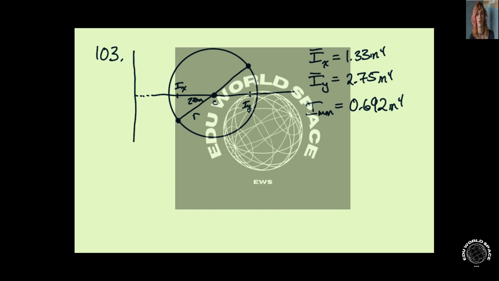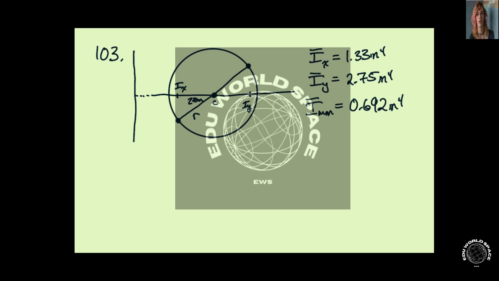the centroidal area moments. About the centroid, we have Ix is 1.33 inches to the fourth, and Iy is 2.75 inches to the fourth. And again, the centroidal maximum or minimum is 0.692 inches to the fourth. So we were given this, and we can look those up, and we can then start playing with,